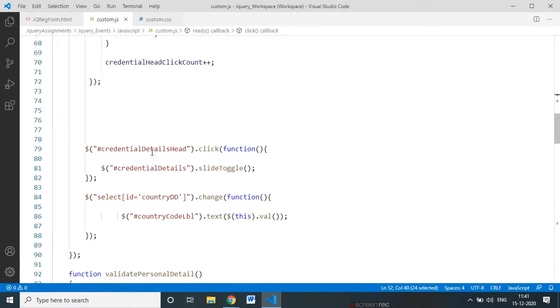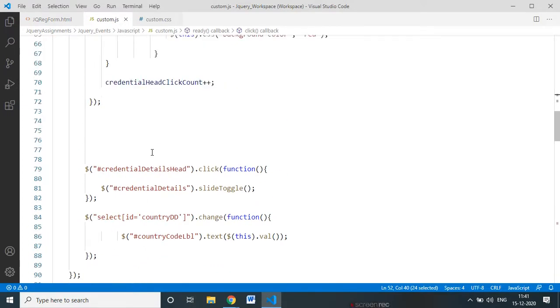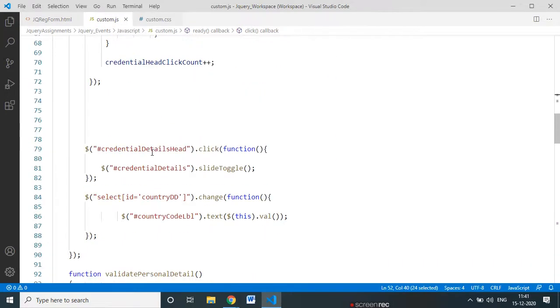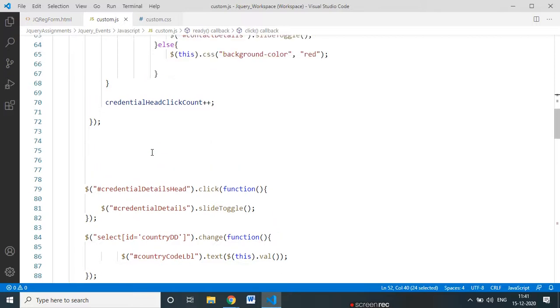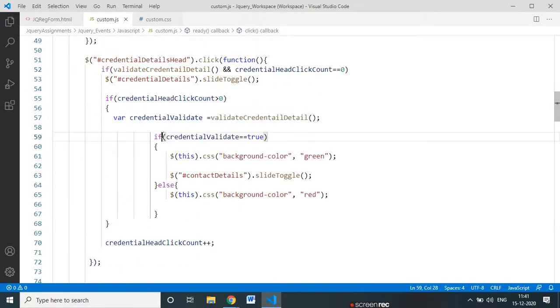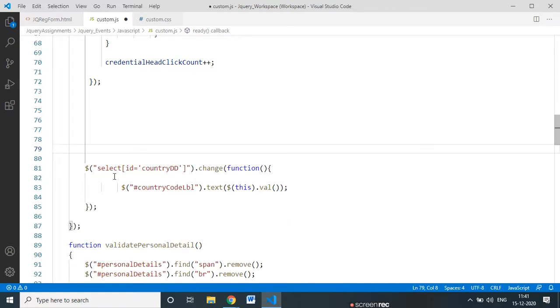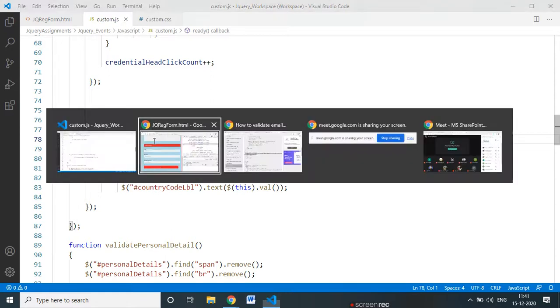Validate personal details, condition. Here what we are doing, once I click here, information. Okay, I need to remove this. I remove this section because earlier we added it for toggling.